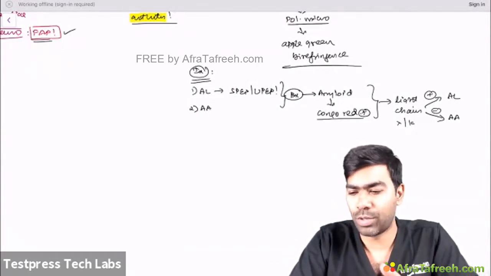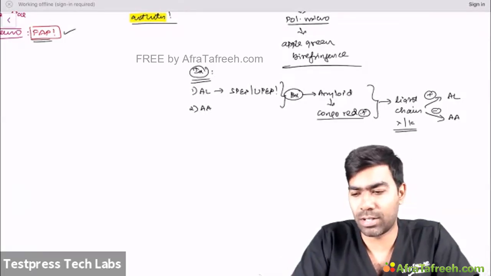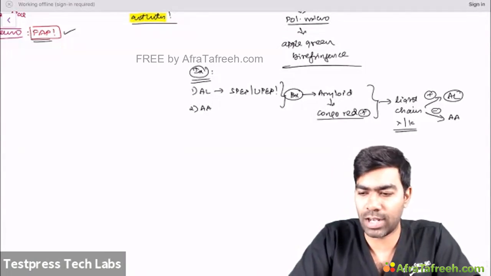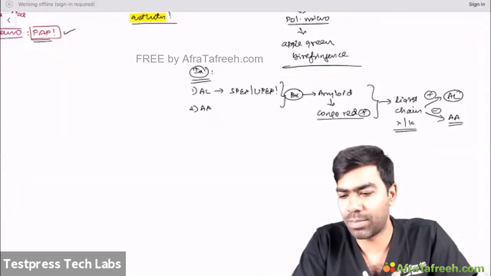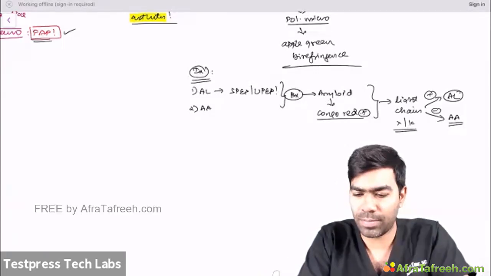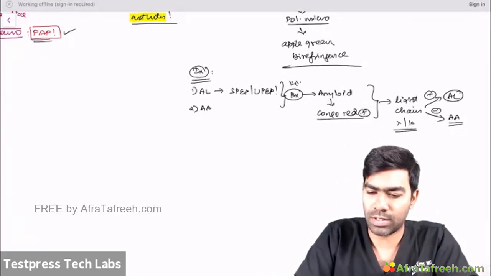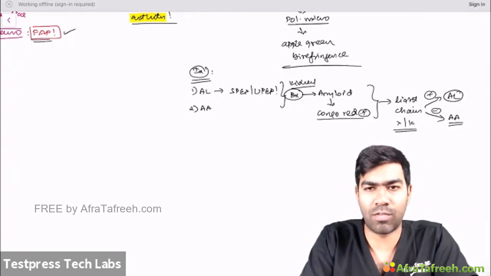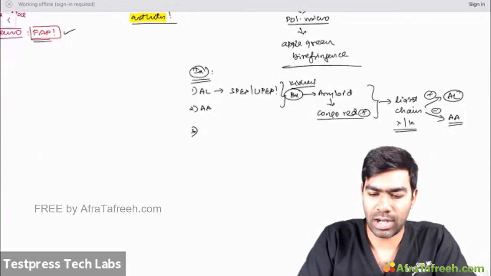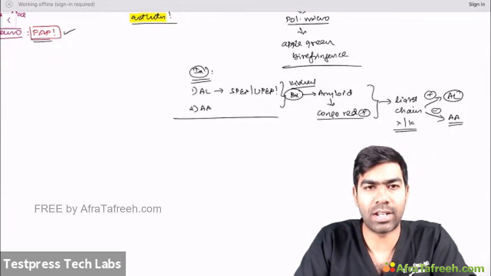So I'm going to use kappa and lambda light chain staining. If it is positive, then I'll go for AL type of amyloidosis, and if it's negative, I'll be thinking about an AA type of amyloidosis. So whenever you have a renal involvement, you do a kidney biopsy. Suppose you don't have a renal involvement, then another investigation that you can try is biopsy from different areas, especially if you